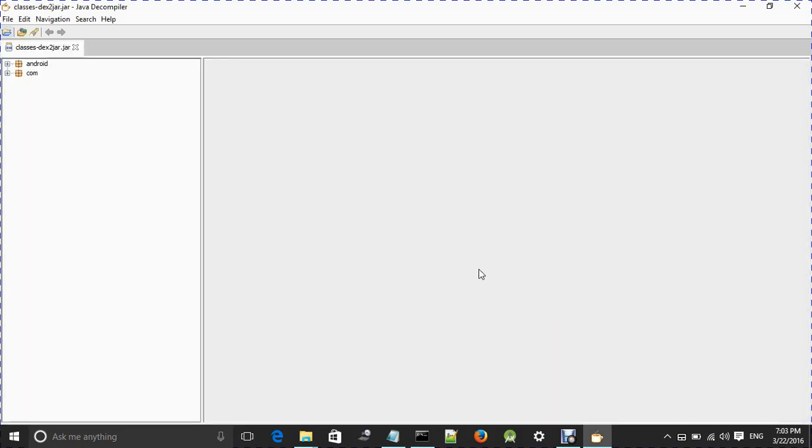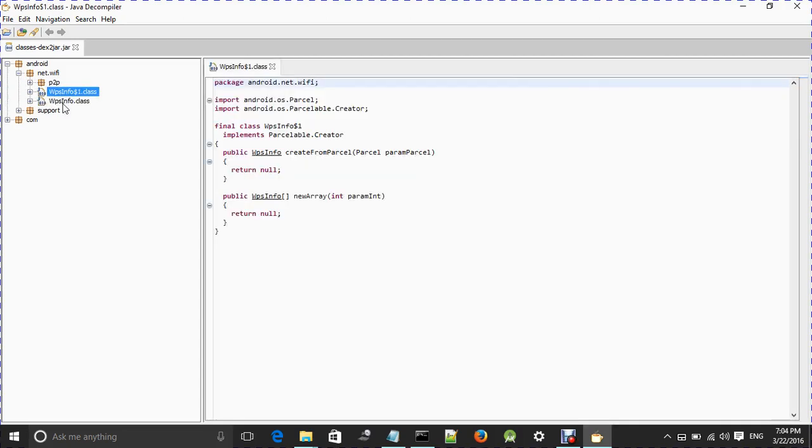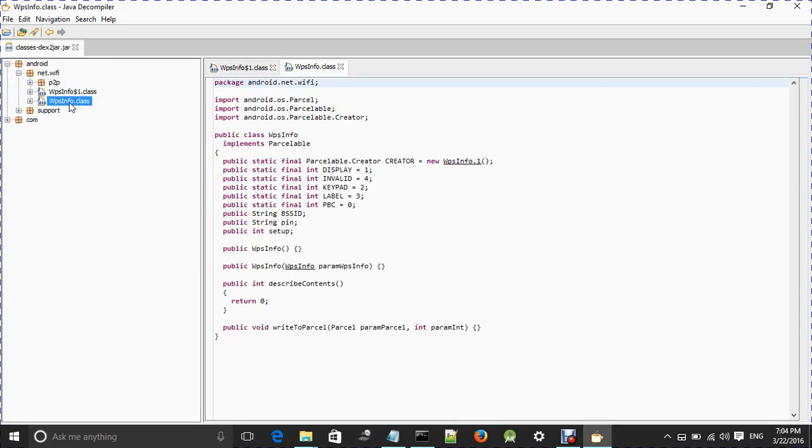Open it. Yeah, we have got the Java files, the source files, all these things of the APK.